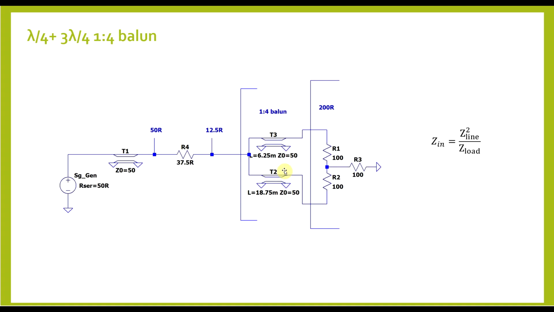Now, since the input to output impedance ratio is dependent on the line's impedance, and my line is 50 ohms, you can still get a perfect match to the final 200 ohms if the input side impedance is 12.5 ohms. So the Balun, under these impedance conditions, because of the impedance transformation of the quarter wavelength, will be able to match everything up. So as not to complicate things and be able to connect this thing to the 50 ohm output of the signal generator, I added an extra 37.5 ohm series resistance so that everything is now nice and